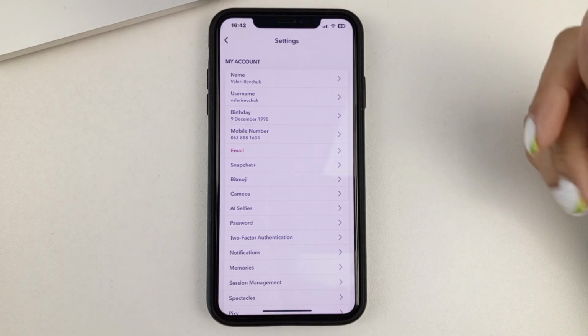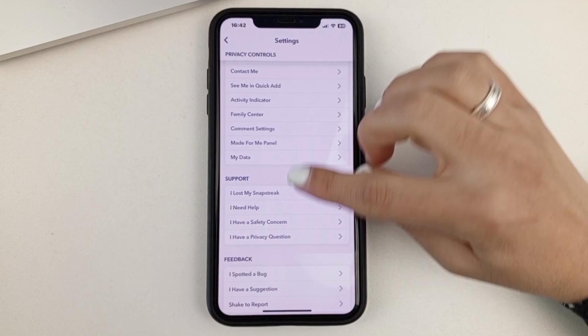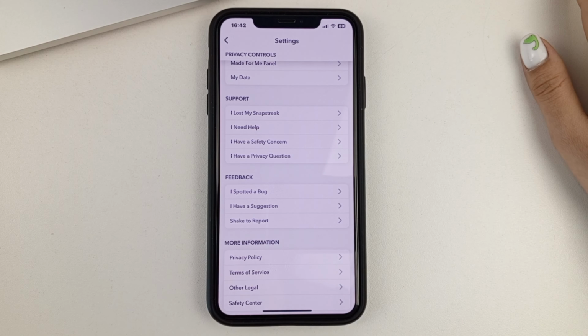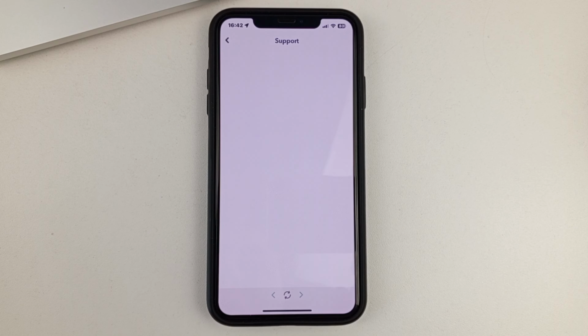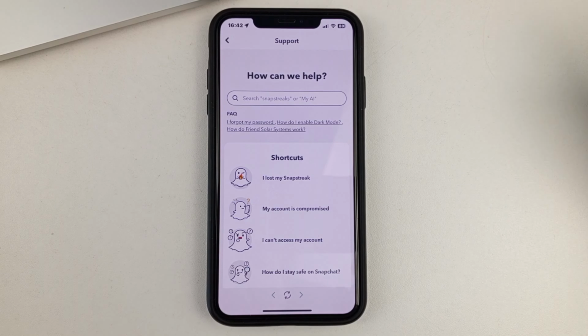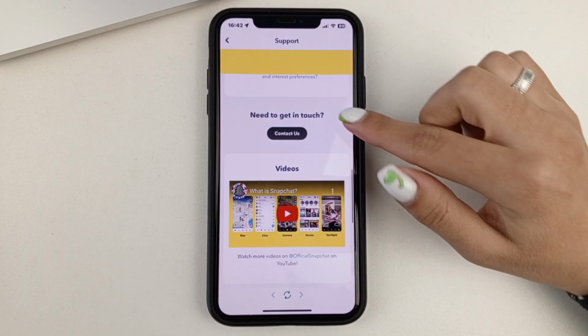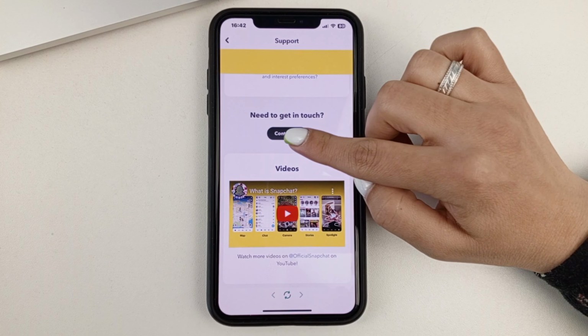You'll need to go back to your Snapchat settings, then scroll down until you find the support section. And then I need some help. Now scroll down until you see this section and click Contact Us.